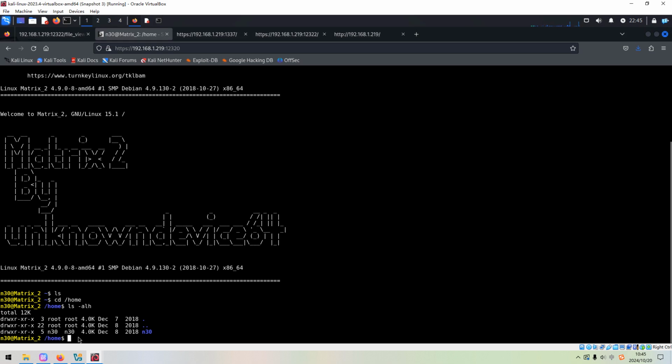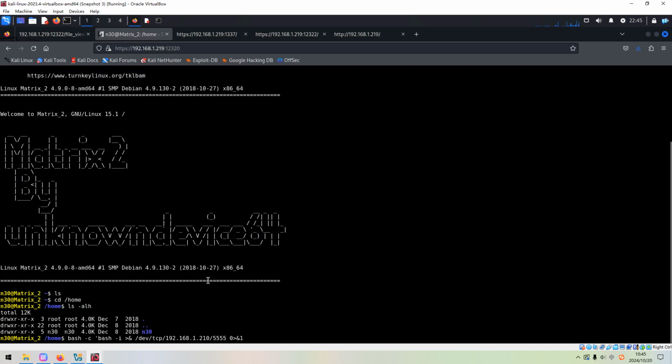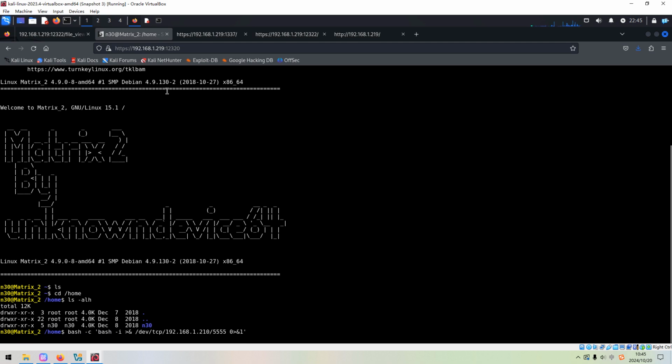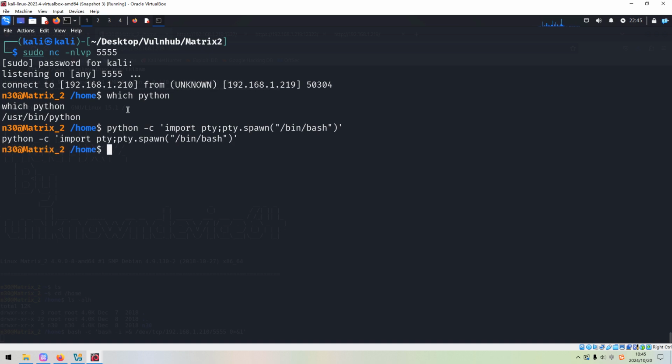Make sure the listener has started and is running. Now we can go back to the browser, and then we can use bash -c and run the command. All right, I think it's working. As you can see, we successfully got the normal shell. And how about Python? Python 2 is there. Then we can set the terminal color, and clear the screen to get a bigger room if necessary.